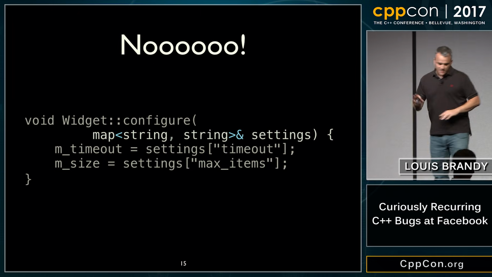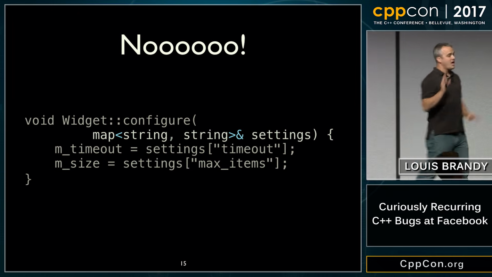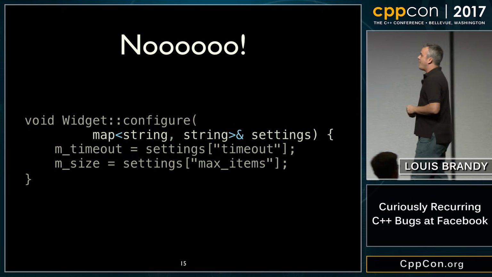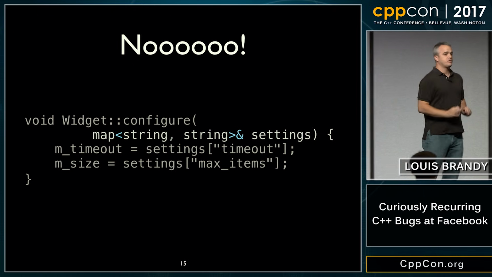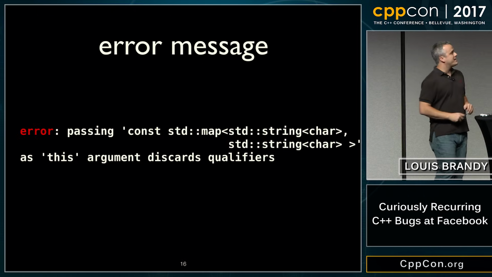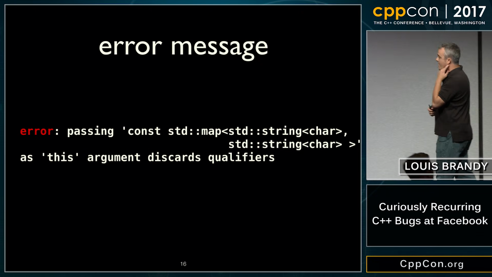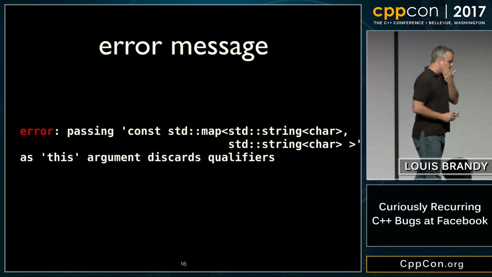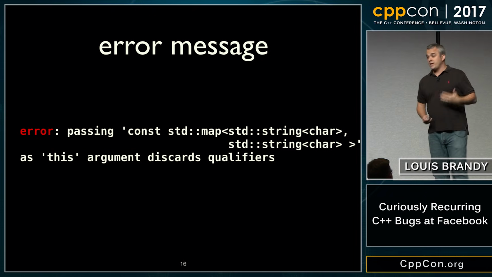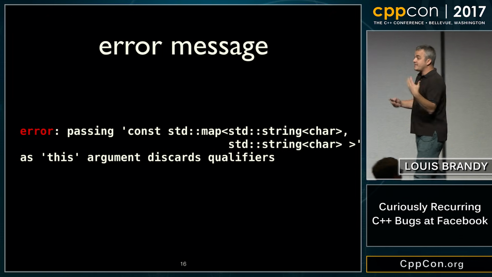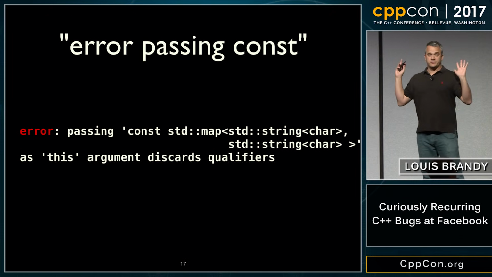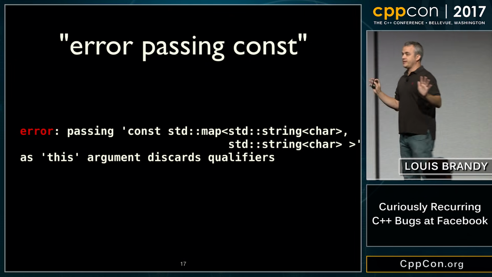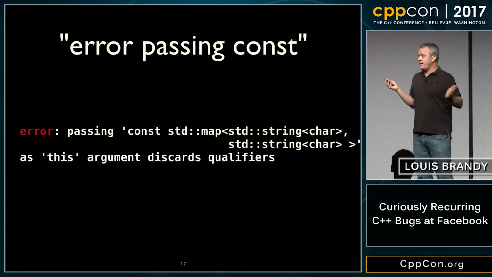So I was sitting with someone who was struggling with something else. They were relatively new to Facebook. I saw code that was exactly like this, and I said, whoa, why is this not const? I already kind of knew why. And they're like, well, it doesn't work when I put in const. I'm like, yes, let's look at the error message. This is the error message: error passing const standard map, as this argument discards qualifiers. As a C++ expert, you know what that means. You can interpret that. A newbie sees error passing const. The error literally says there's an error passing this const map into this thing. So I should remove it. It works, right?